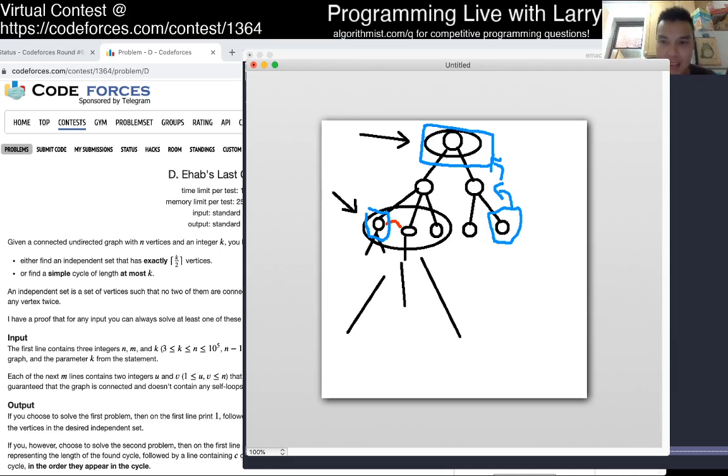But basically the idea is that this goes up at most k over 2 times or something like that, and this also goes up to k over 2. It's a little bit tricky to prove, but you could play around with this idea, and so this combining with this edge that we connect, this creates a cycle of at most length k. And of course this is the worst case.